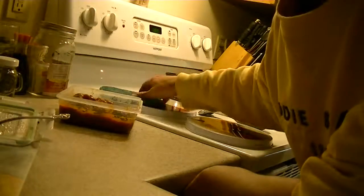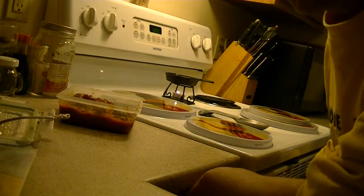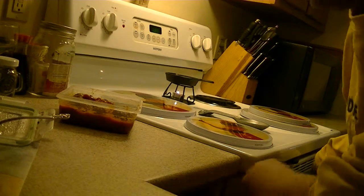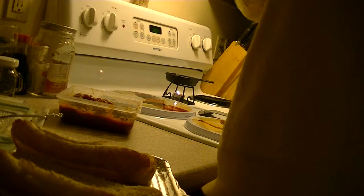I'm going to get my rolls out of the oven. Like I said, they've been in there for a while. I'll take them out. Oh, here they be. Oops, don't want to put them on the plastic. I'm going to just grab a plate